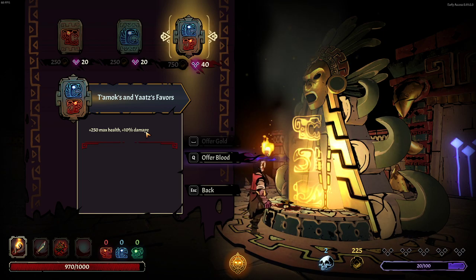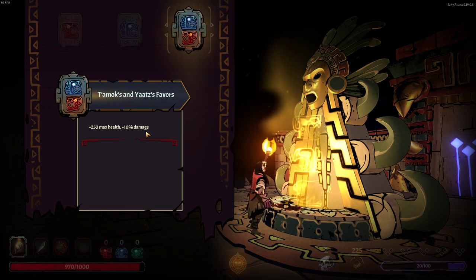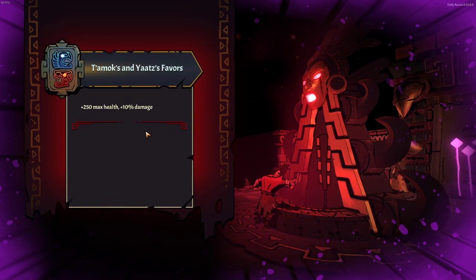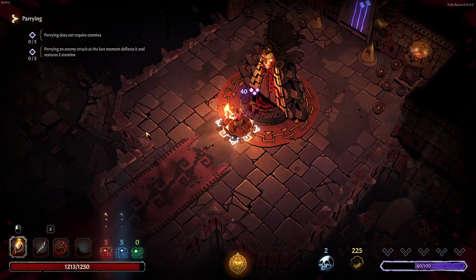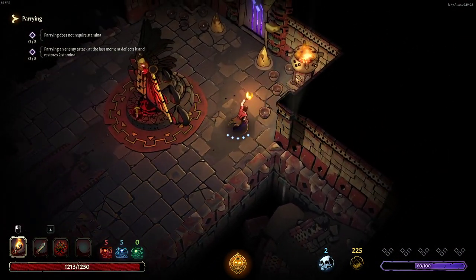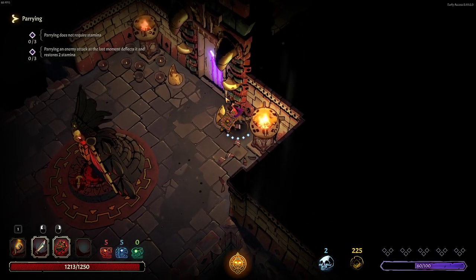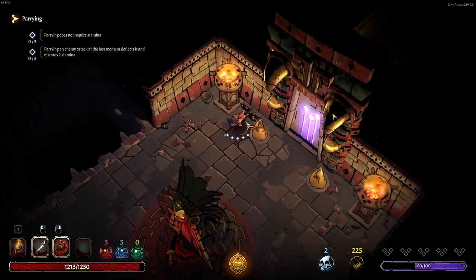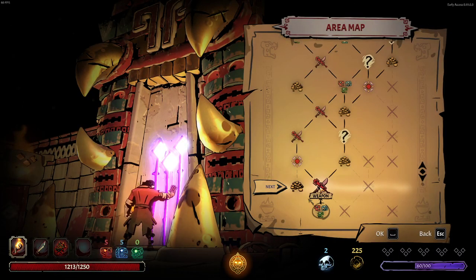Craziness, we do the damage but we have to offer blood. Not much, really. It's like 40 blood. So the first one's always the cheapest, choose the best. Stats win, man. Stats win in all games. We can try and look for a